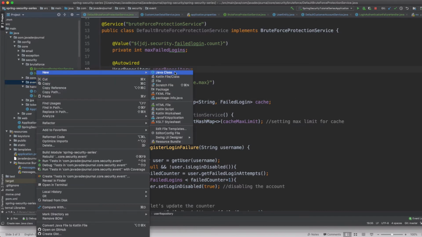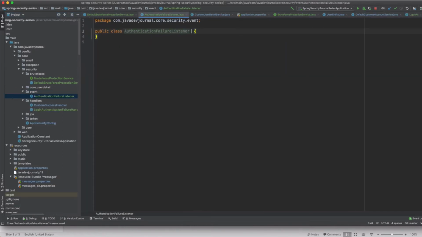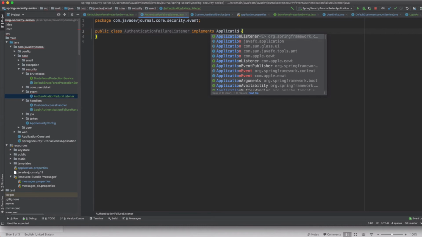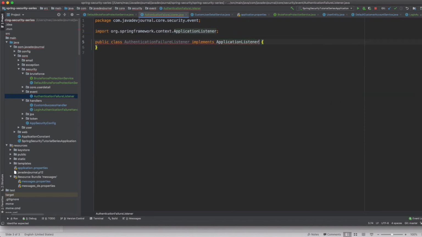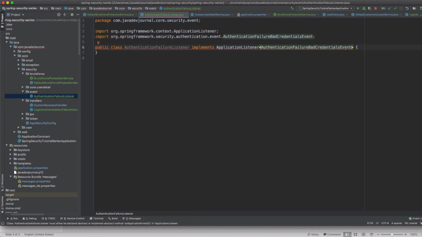Now we are going to implement our failure listener. Okay, so this is going to be our failure listener, and I'm going to implement the Spring Framework application listener here, right? This is not only a part of Spring Security, but a part of the Spring Framework, and I'm going to listen for a specific event. In my case it is going to be the authentication failure bad credential event. So that means every time you try with invalid bad credentials, Spring Security generates an event, and it tells what kind of failure it is. For our case, it's a bad credential event, right?